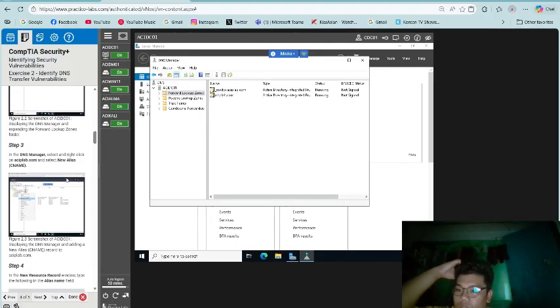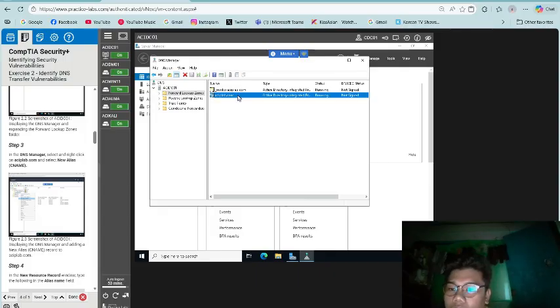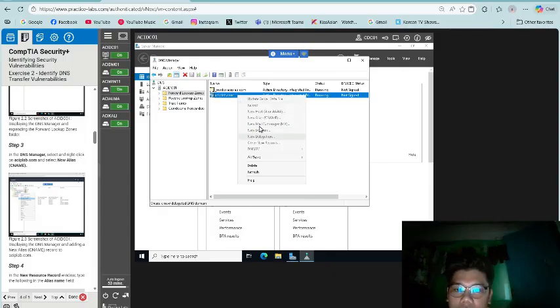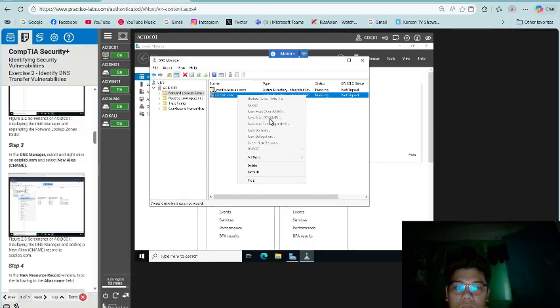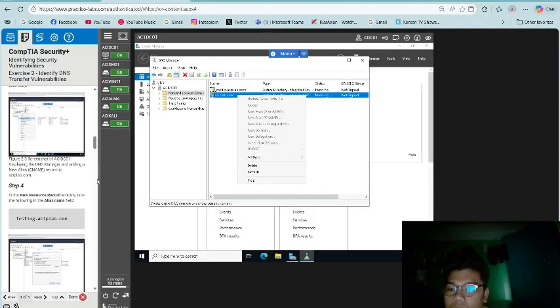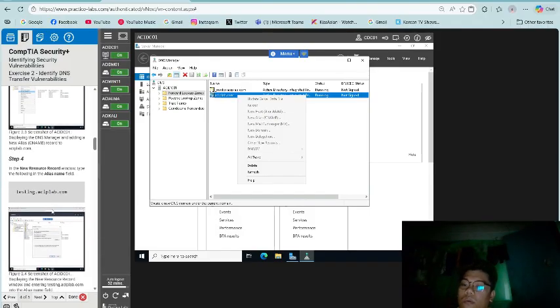In the DNS Manager, right-click aciplab.com and select New Alias, CNAME. In the New Resource Record window, type the following in the alias name field.